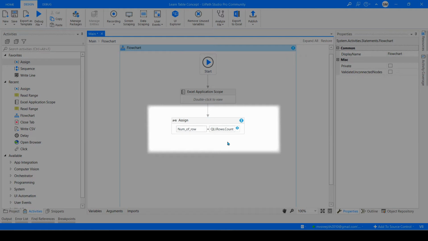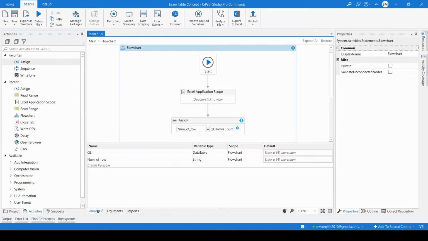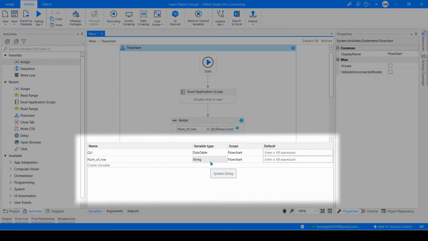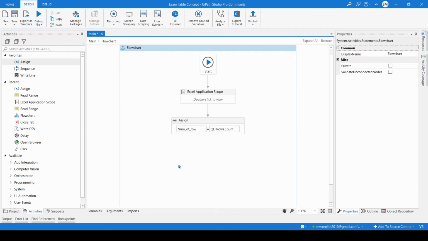So if you click outside, still you can see an exclamation mark. So this means that this doesn't allow to directly use it inside the variable. So for that you need to change, because this number of rows by default it created in the form of a string. So you cannot assign a numeric value to a string variable. So in that case, what we can do, either you can change the variable to integer. So next we are going to